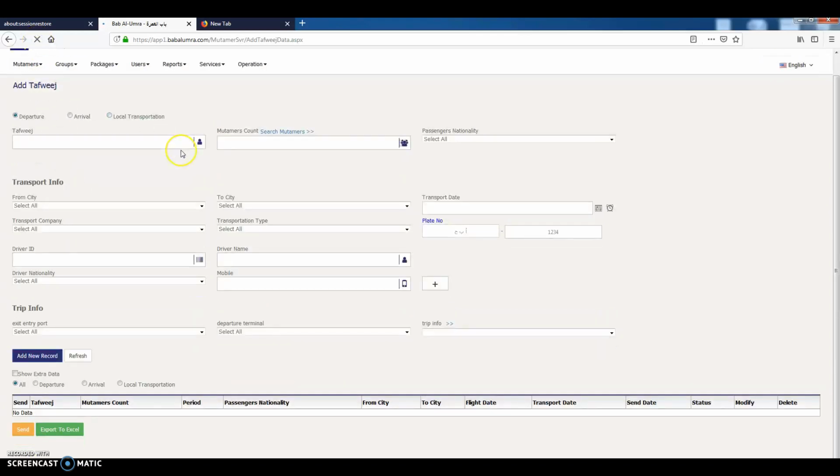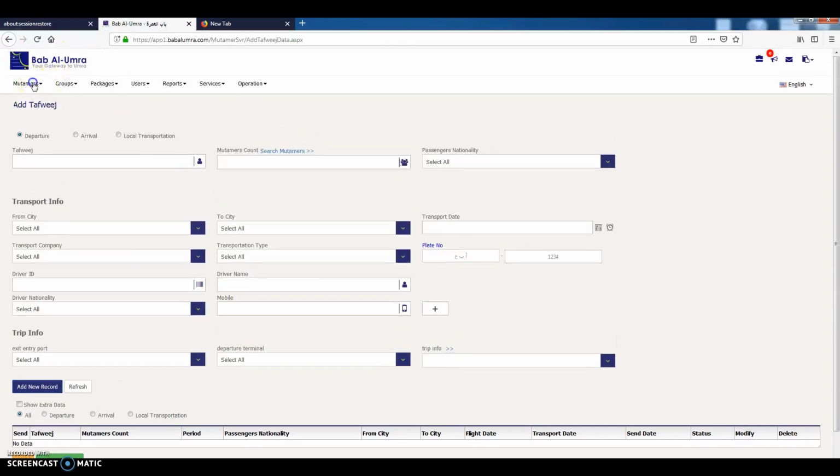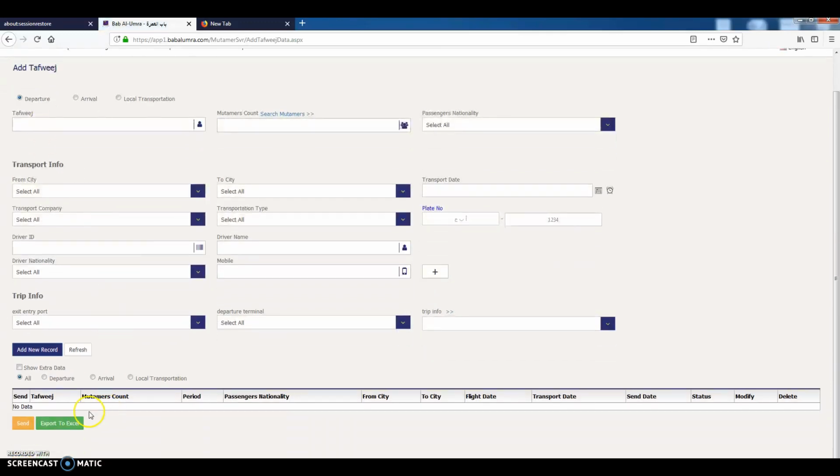Here I refreshed the same page, or went to the same page again, add tafweej data, to find it. Suddenly the file that I sent, which is try 1, is not around, and here it says no data. Now that's a good thing. If it has not moved from here, it means the status is wrong or there is a mistake. You have to press on that mistake, check what it says and do the changes. As I told you, click on modify, change whatever you need to change and then add new. If this disappears